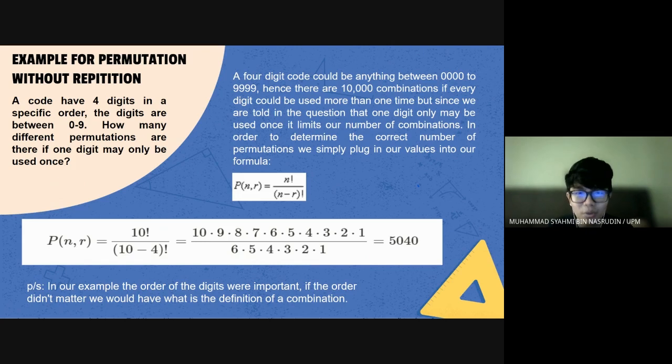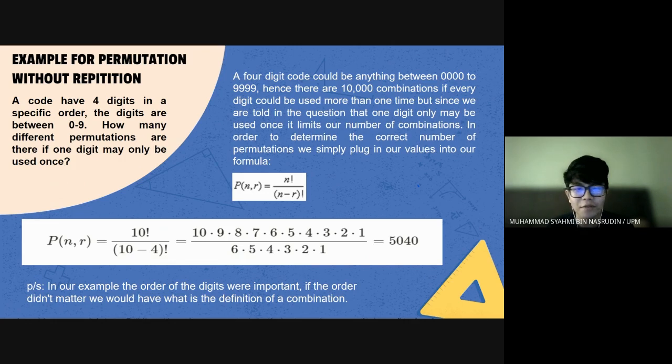So we can put n as 10, and we want to choose 4 digits, so we can put r as 4. So we insert the numbers in the equation, and we will get 10 factorial over (10 minus 4) factorial